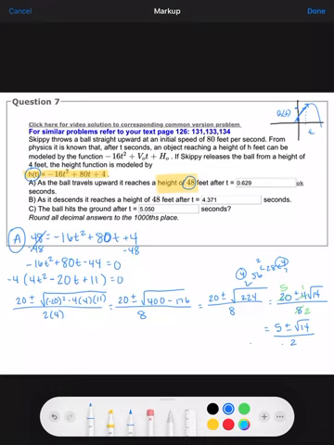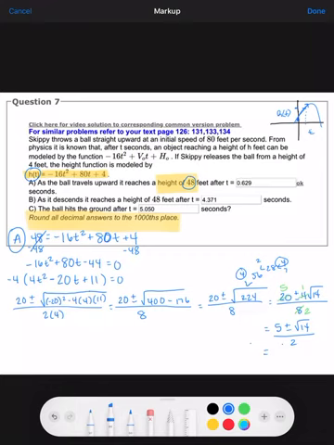And then I do just want to go ahead and put this in decimal form because I'm trying to solve. I also want to pay attention, it says round all decimal answers to the thousandth place. So we want to pay attention when we do that. So I'm first going to do 5 plus the square root of 14